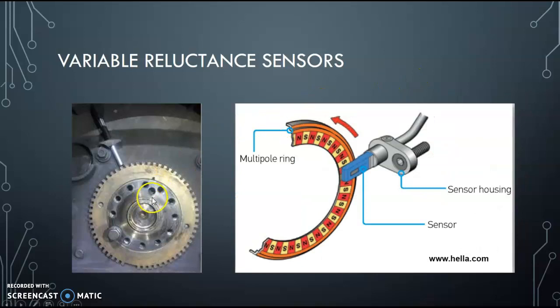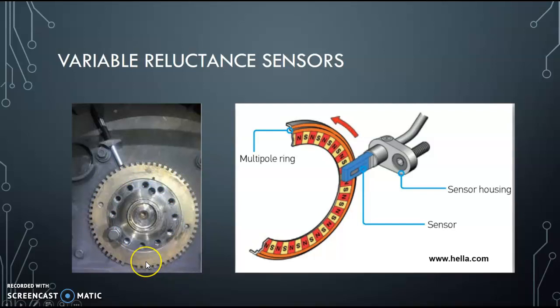Here's a couple of pictures of one. Here you have that tone ring right here, and then here's that sensor. Inside there's wire wrapped around a magnet. Notice the skipped tooth right here, a couple teeth skipped. This is so the computer can determine the position of this crankshaft, or this shaft here. So you're going to have this notch missing, and the computer can count teeth to figure out where it's at